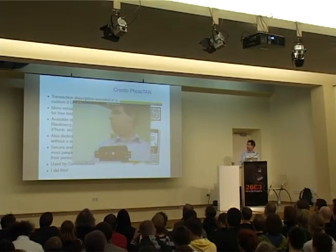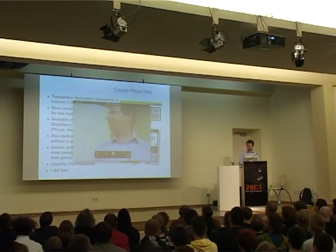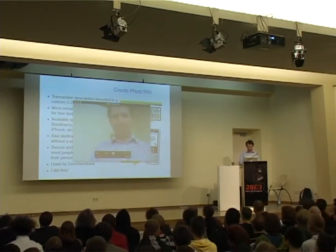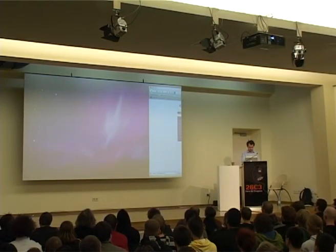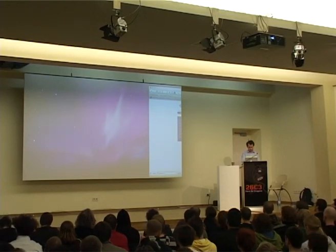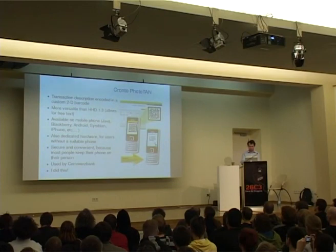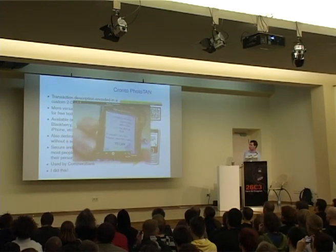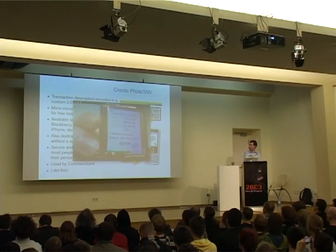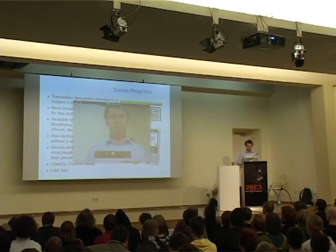So this is what the application looks like. It's got a camera on it. And then I take a photo of this with the camera. And then that's what it shows on the mobile phone screen. So it's asking you to confirm whether this is correct. It shows who you're paying to, the account number and amount, and if that's all okay, then you type that in and the transaction will go ahead as normal. If anyone wants a demonstration close up, then...